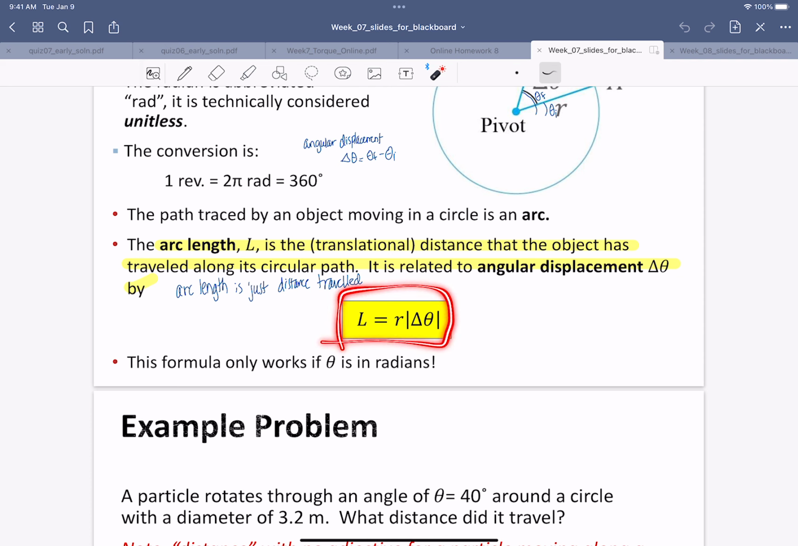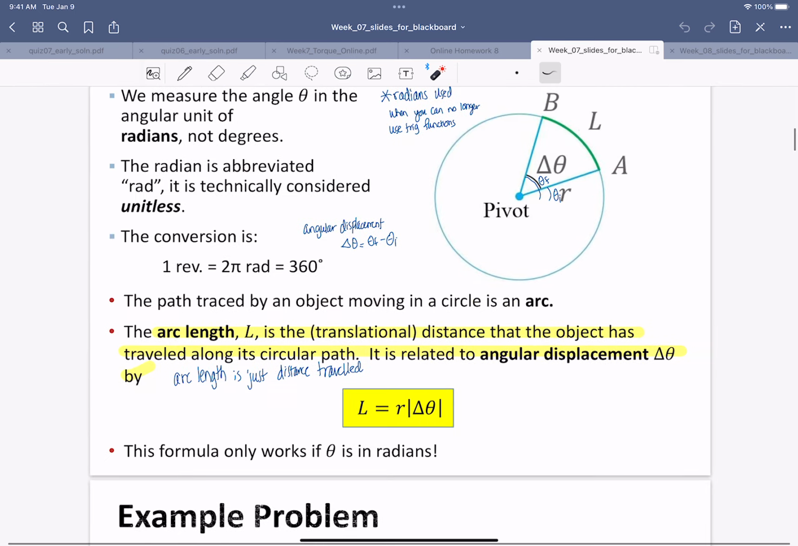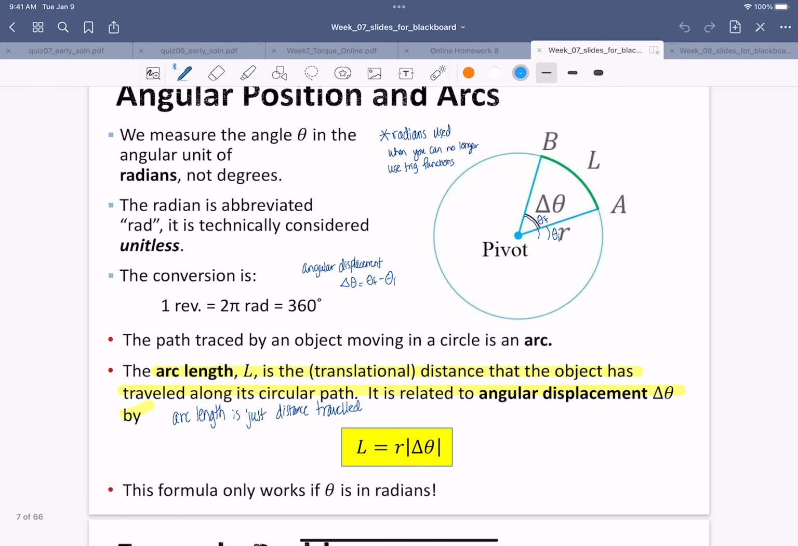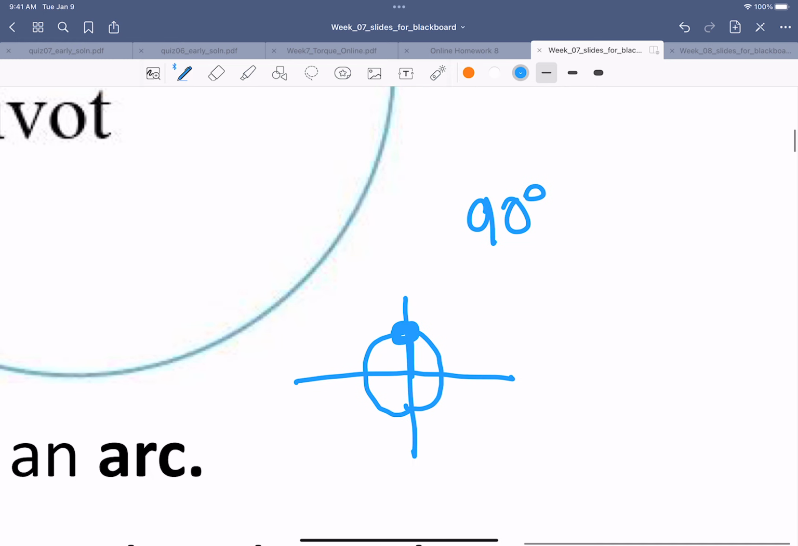this equation here. L is equal to R times the change in theta. And this has to be in radians, right? So if I have, for example, remember on the unit circle, if I covered from here up to this point here, that's 90 degrees, right? And if you remember from pre-calc, or if you took it in algebra, that's pi over 2 radians,